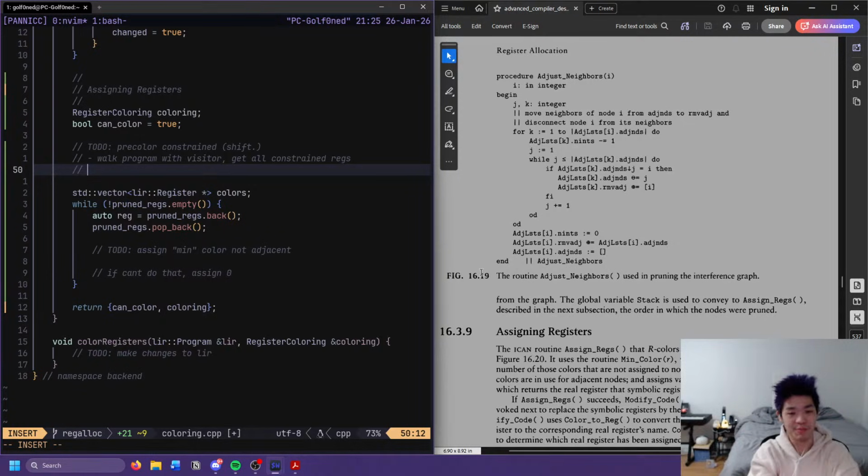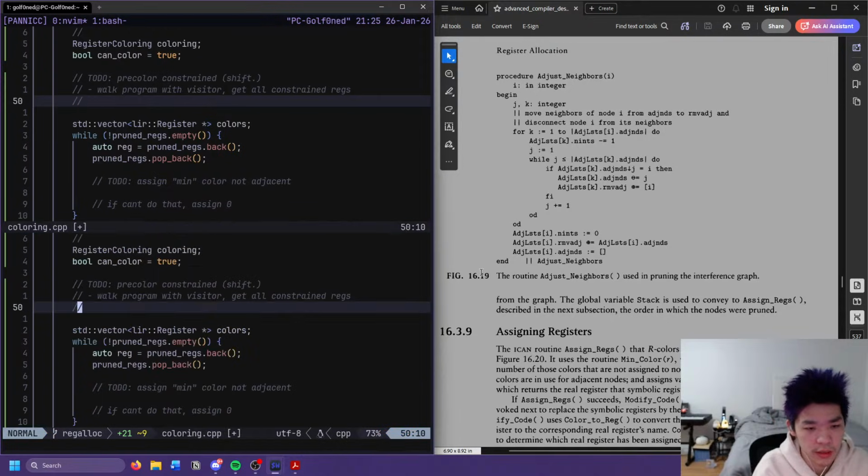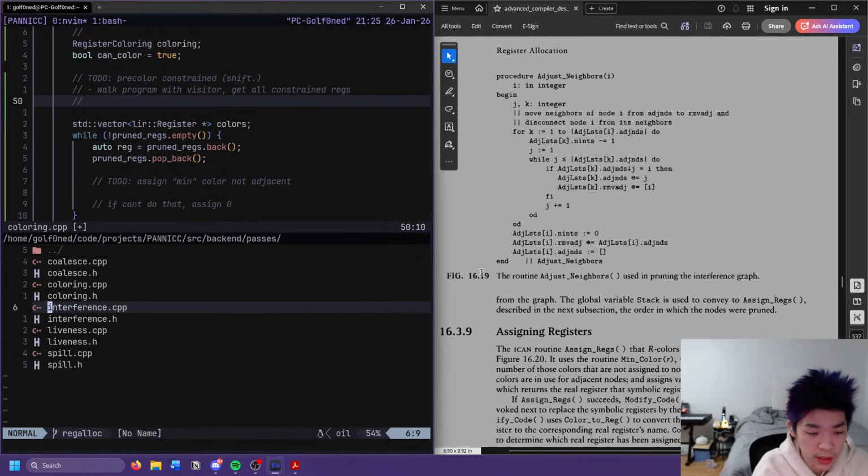I feel like I messed up somewhere. Yeah, what do we do here? Maybe I should just do this as interference instead, huh? That might be smarter. Let me look at my interference implementation again.